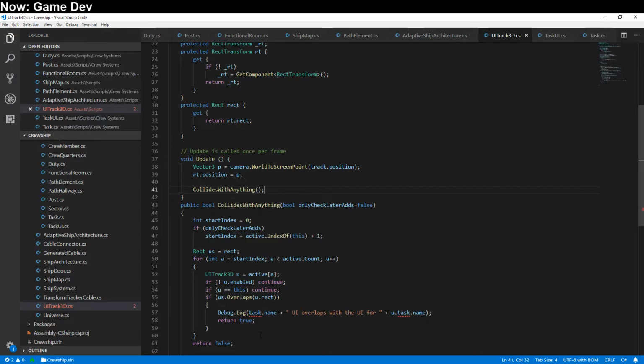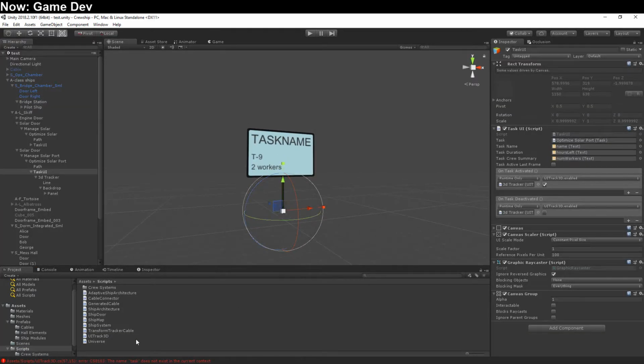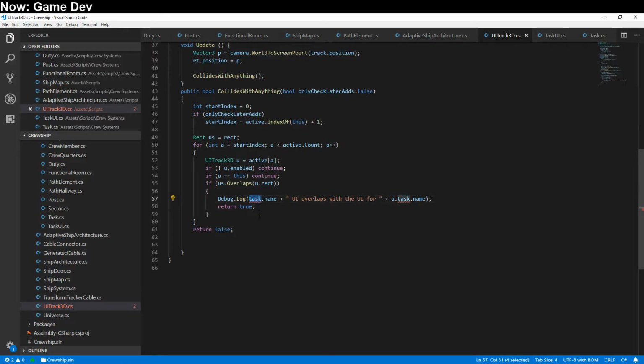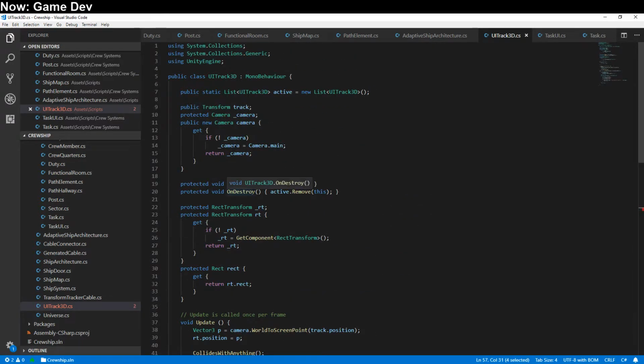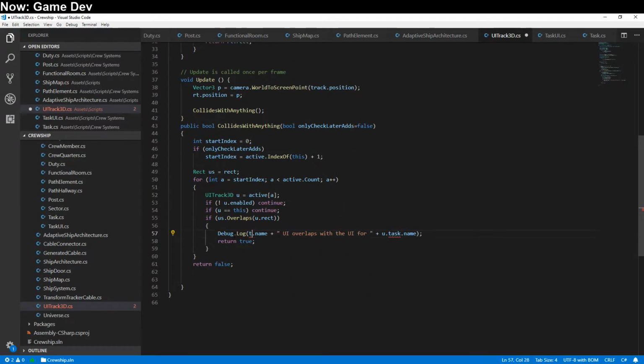There we go. So let's go ahead and check it out. Yeah, that should work. The name task does not exist. Oh, that's because these aren't tasks. These are, in fact, just transforms. So transform